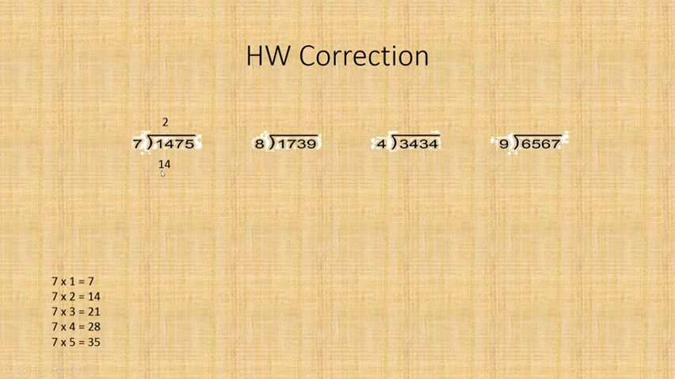After that, subtract. So I will subtract 14 minus 14. The answer is going to be 0. And after that, bring down the next digit, which is going to be 7. Okay, after that, let's do it again, starting from lower again. 7 here, I'm taking the 7